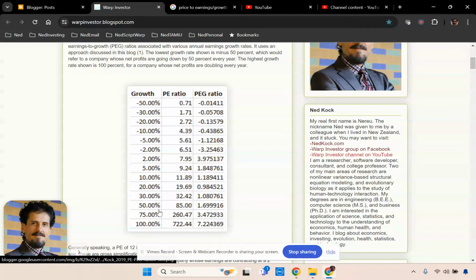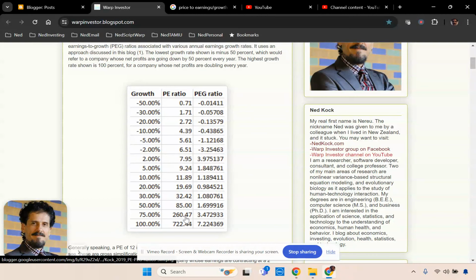For example, if a company is growing earnings at a 75% clip per year, then a PE ratio of 260 and a PAG ratio of 3.47 reflect proper valuation. And this confuses a lot of people because they look at a PE ratio like this